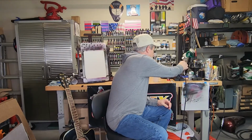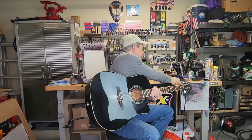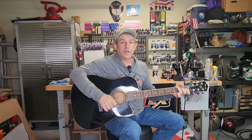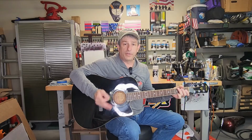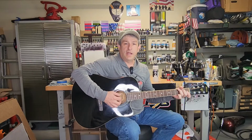Now, before I get to doing that, you have to remember, when you're first starting out with something like this, or an airbrush, it can be quite frustrating. But it's like anything else you do when you're a beginner. When I first started playing guitar, and this isn't a guitar lesson, but anybody who picks up a guitar for the first time, one of the things you're supposed to learn is a G chord. Well, it sounds like this. Okay? It sounds horrible. You can't play a G chord. And you've got to keep playing it and keep playing it until...